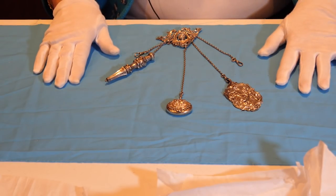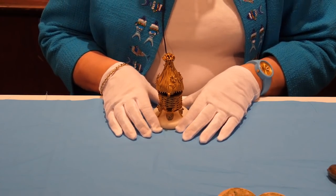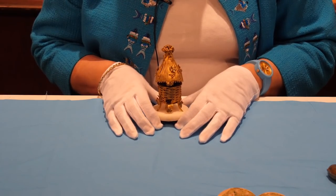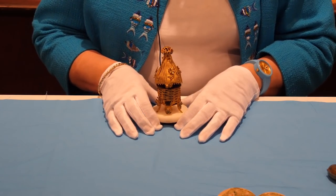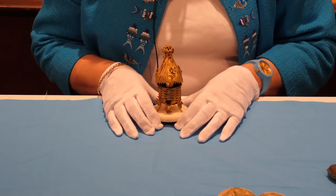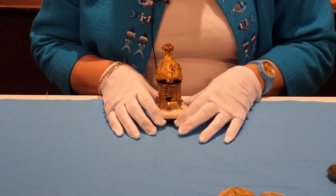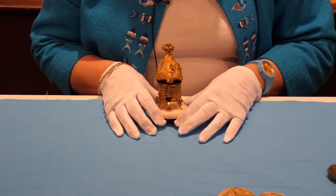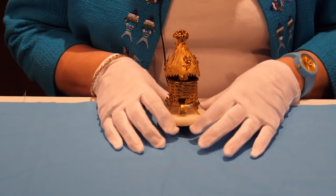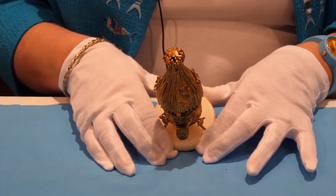Okay, we're going to shift now from chatelaines onto another type of needlework tool. Etuis were a small group of sewing utensils that you could carry with you. They're like little tiny needlework toolboxes. We think that they may also have been given as tokens of love and or also as prizes for needlework that you had done. This one is just exquisite. It is a brass étui in the shape of a beehive skep, with a polished alabaster base, and there's a bee. You can see there's a bee here on the very top,